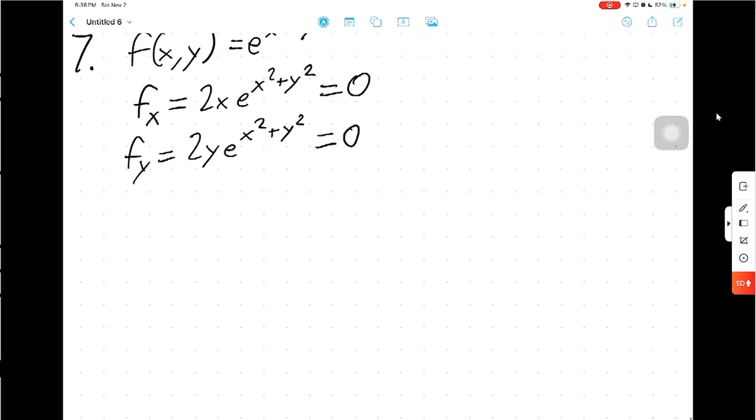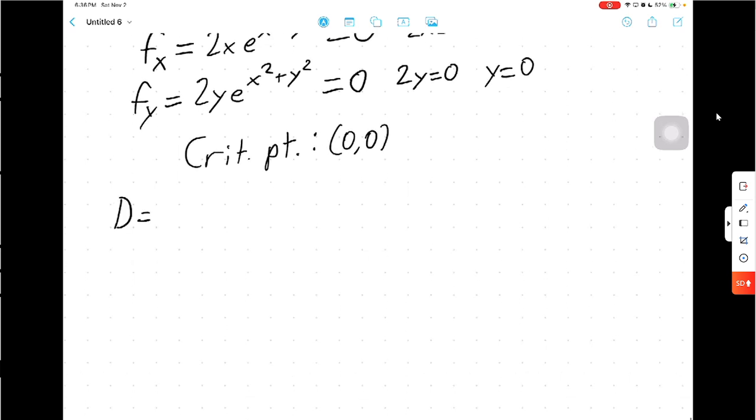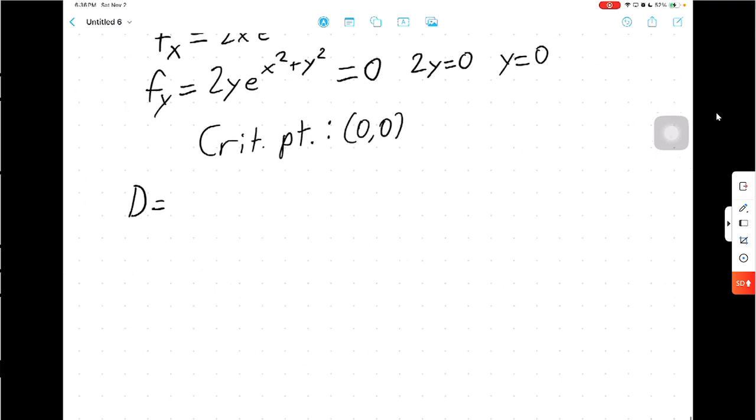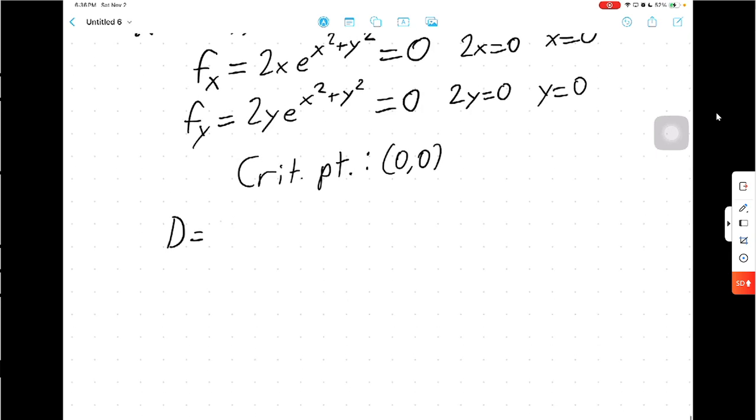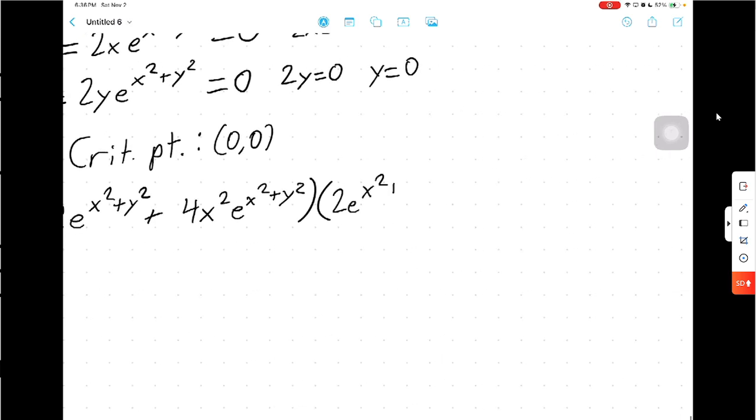The exponential cannot be 0, so we have 2x equals 0 and 2y equals 0. So x equals 0 and y equals 0. Therefore, our critical point is going to be 0, 0. Now I'm going to calculate the D, which is going to be fxx, which is 2 plus the 2x times 2x again, which is 4x squared, e to the x squared plus y squared, times fyy, which is going to be the same idea,